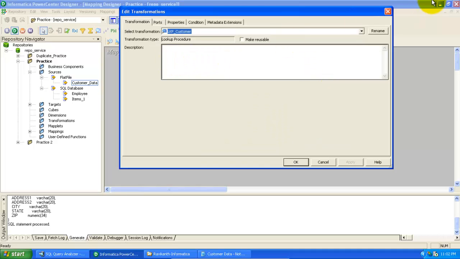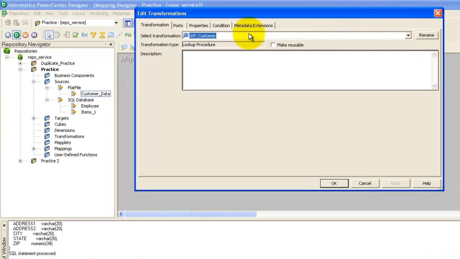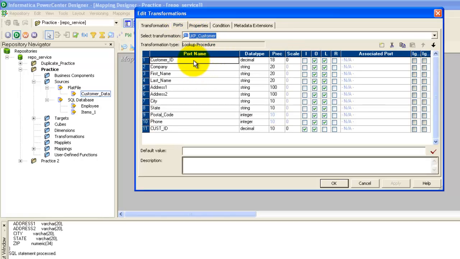Once you double click on this lookup transformation, you can see it as per other transformations. Here you can see the name of the transformation. Now go to ports, where you can see all the port names, which are column names, data types and all these things. You can see input port, output port as usual, but this is the new port which is reflected for the lookup transformation.